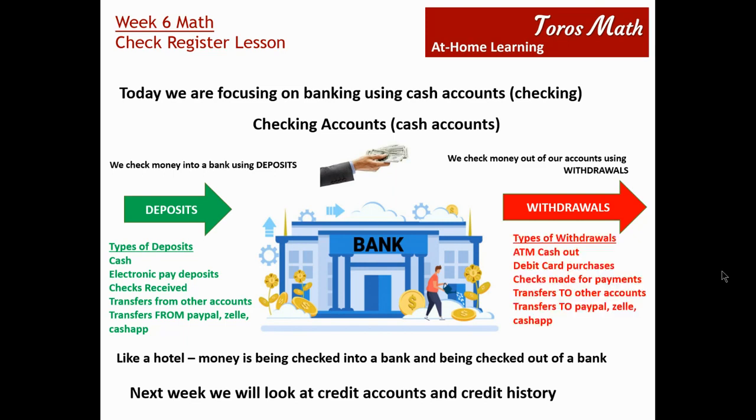And then withdrawals is when you're taking the money out of the account. So you've got ATM, where you can take cash out, and debit card purchases, where you use the electronic plastic card that connects directly to your checking account and you can take it out. And checks again, but these are checks that you are writing to other people for payments. And then transfers, when you're transferring money out of the account, even if you're transferring it to savings, it's coming out of the checking account and going to savings. And then you can also use a lot of electronic transfers out of the account, either PayPal, Zelle, Cash App,